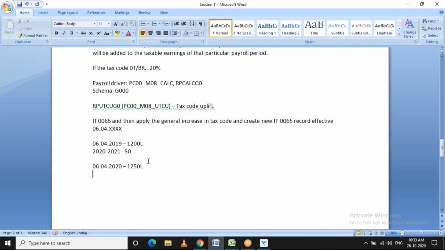Any specific reason for this 50, or is it based on the tax calculation they do? Yeah, see, for example, let's talk about India. Earlier, up to 4 lakhs or 3 lakhs, there would not be any tax calculated, right? And post that, it keeps changing.